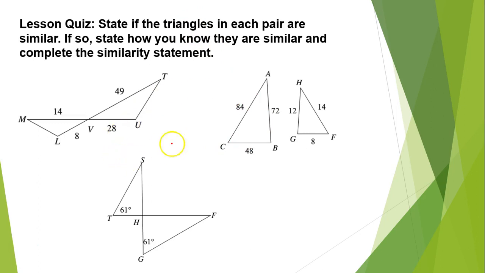Just like the previous slide, if you want to go back to that and compare how I did those to what I want you to do on here, prove all of these triangles similar to each other by one of those similarity postulates or theorems that we have learned. You will use one of each, so that's a big hint. All of them are similar, so don't try just telling me they're not similar. I'm telling you right now, they're all similar. So prove that for me and show your work,